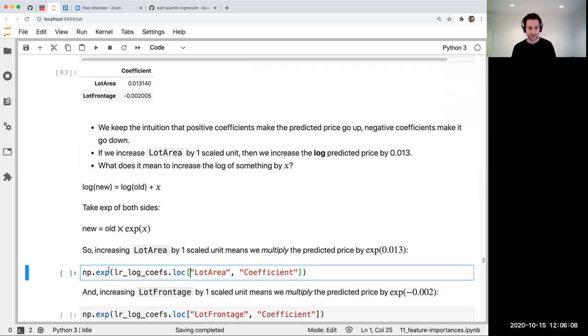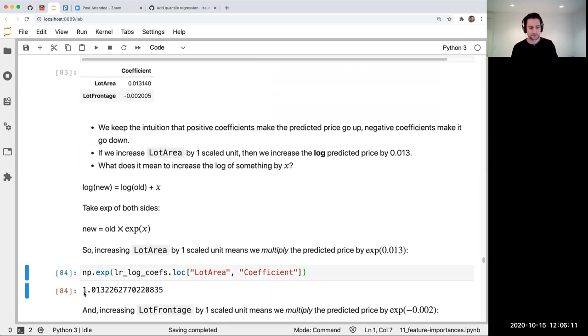So if we take the exp of the coefficients, here's what we get. Exp of 0.013 is apparently this. And so what this means is that before, our intuition was we increase lot area by x and we increase the price by y. Now it's we increase the lot area by a certain amount and we multiply the predicted price by a certain amount, which is the same as saying we increase it by a certain percent. So 1.013 is basically 1.3% bigger. So every time we increase the lot area by however many square feet that was, 10,000 square feet, the predicted